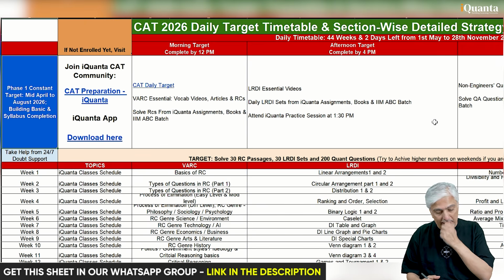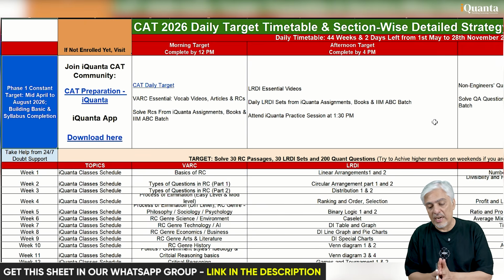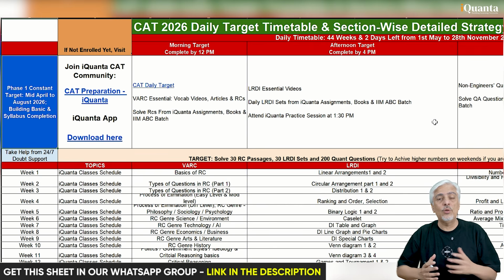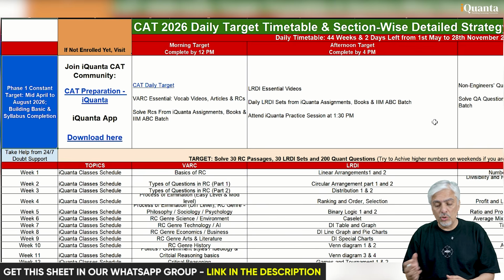Now, normally we divide this whole thing into what your morning, afternoon, evening looks like. Obviously, there will be working professionals or college going students who will have to adjust it accordingly. As I tell people, from what we tell you to do, even if you land up doing 80-85%, it is very, very good. Sometime in the afternoon or morning, you'll have to adjust that time accordingly. I don't want people to tell me, sir, but afternoon I have college and I have office. I understand that. So, you can work accordingly and maybe work a little bit harder on the weekends and do it.